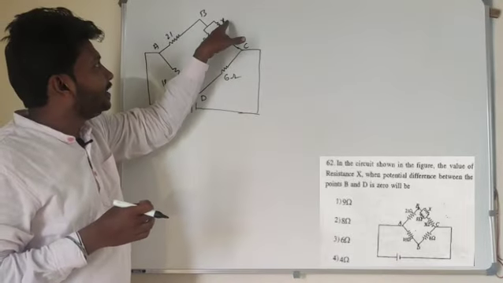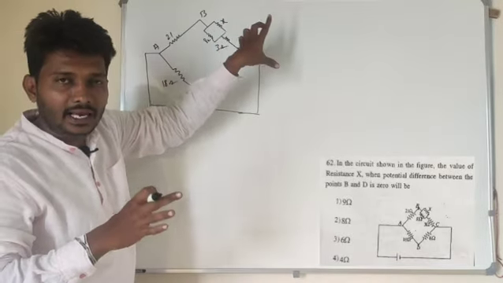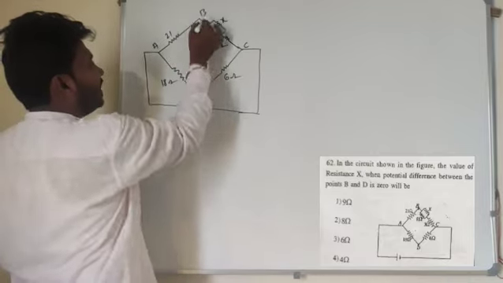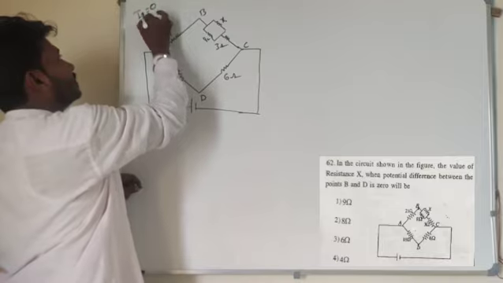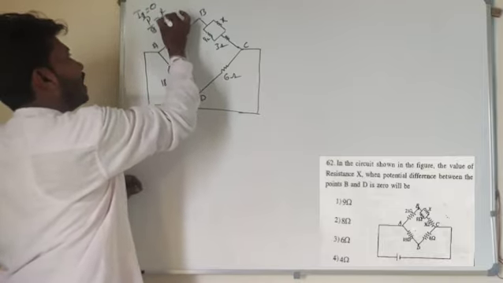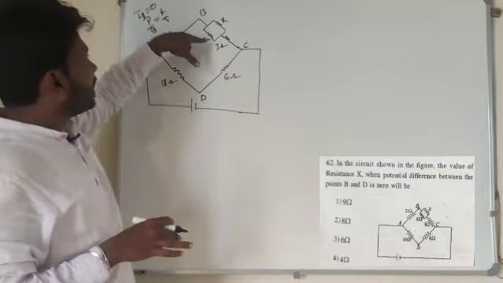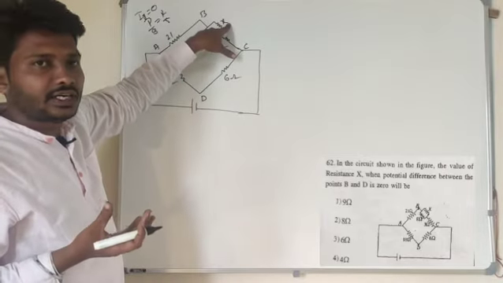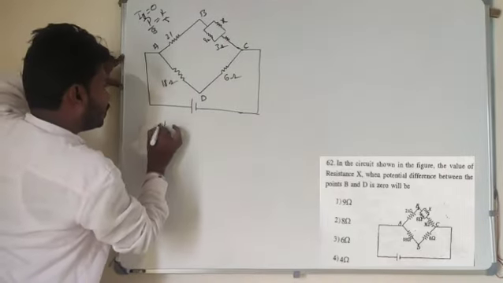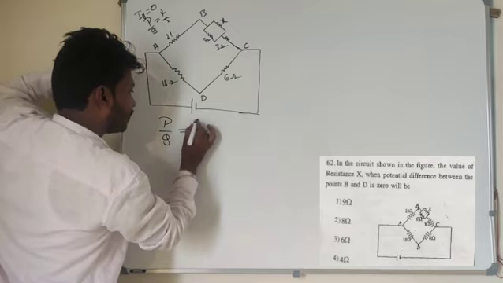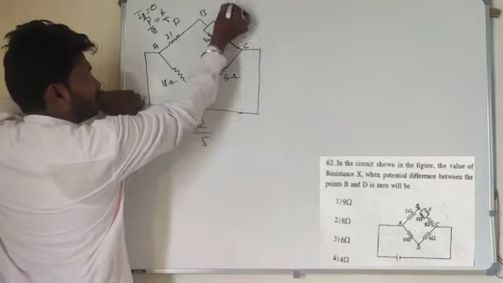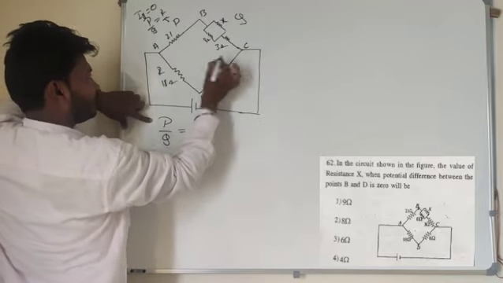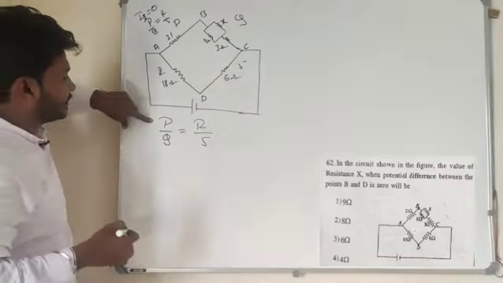So hope you get these things. So in that given question, let me find out the value of X here. In order to balance the bridge between B and D, they mention that current will be 0. In order to get 0 current, P by Q is equal to R by S. What will be the value of X they asked to determine? First you have to consider the balancing condition for Wheatstone bridge network formula. P by Q is equal to R by S. This is P, this is entire Q, this one is R and this one is S here.